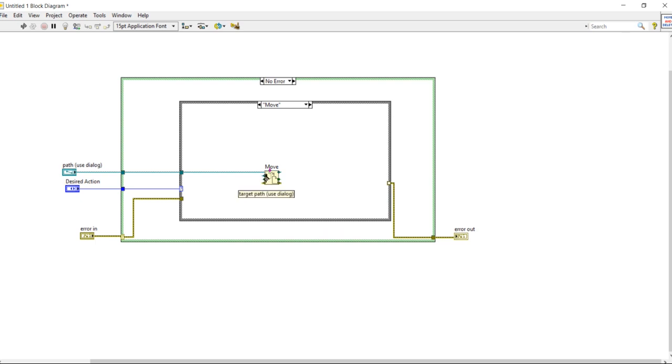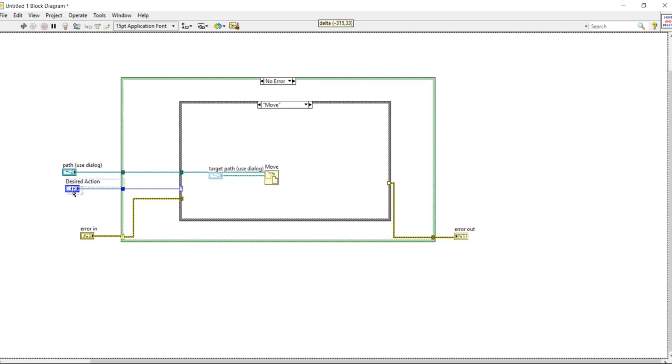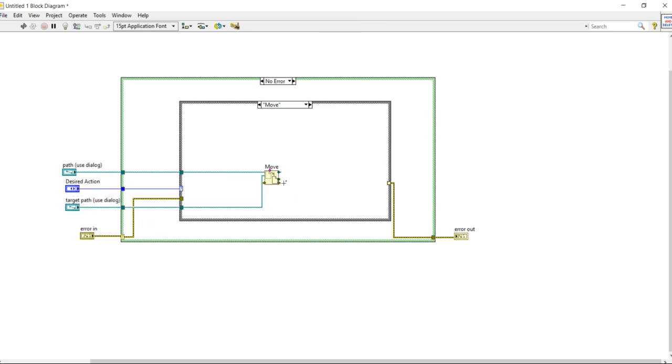It will be a source path. Now we need one more path, target. Create control and keep it outside. Now our program is ready.